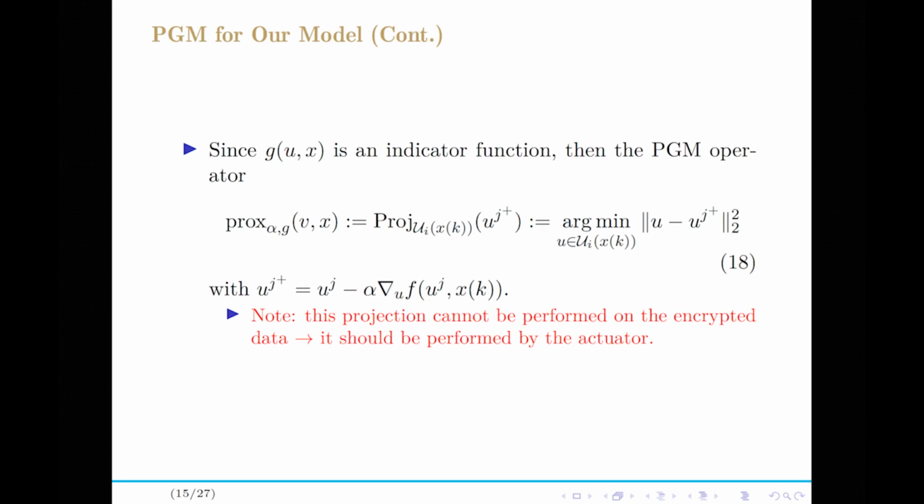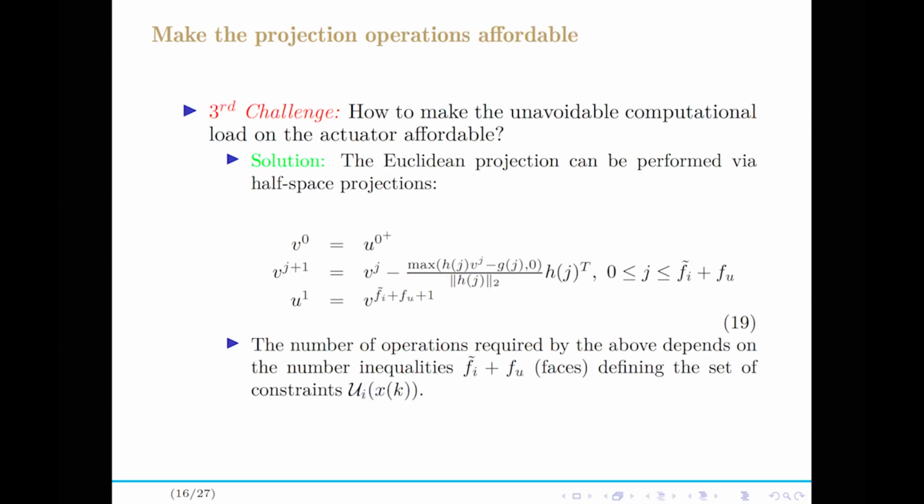Since g corresponds to an indicator function, we can write this proximal gradient method operator like equation number 18, which is a projection on the set UI. This projection cannot be done in encrypted format, so we should send it to the actuator and do it in plain text. But how can we make this projection affordable for the actuator? Our solution is, instead of solving a Euclidean projection optimization problem, we can do it iteratively with a recursive solution, which is explained in equation number 19,